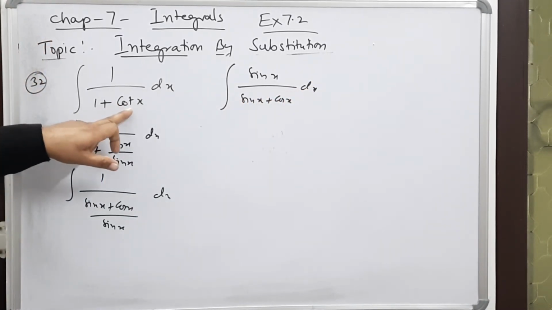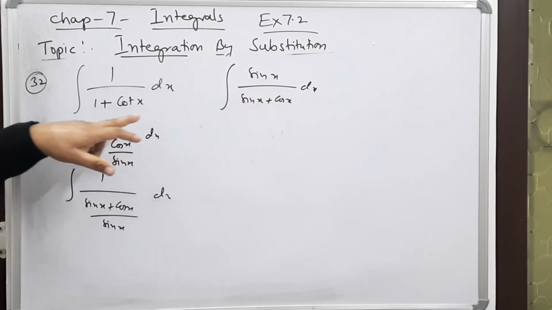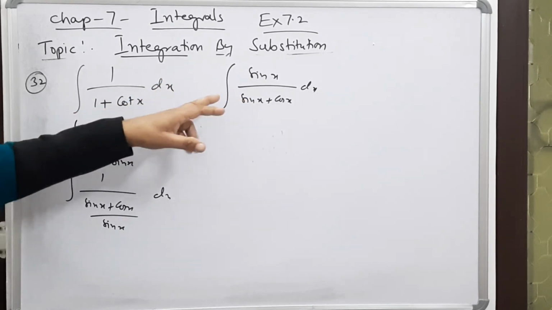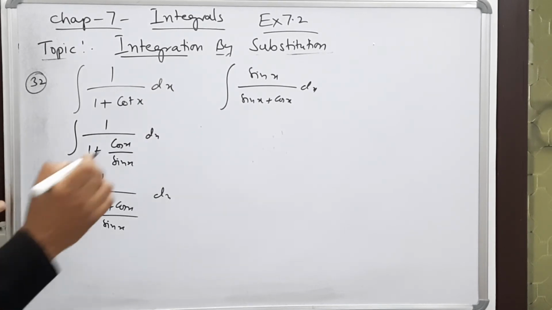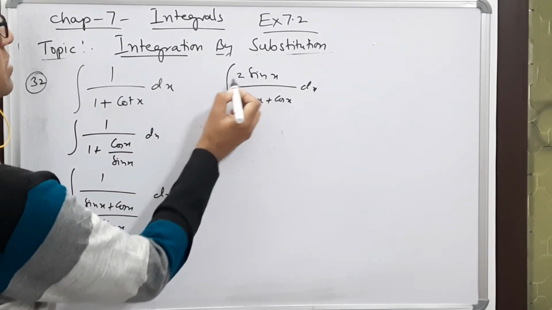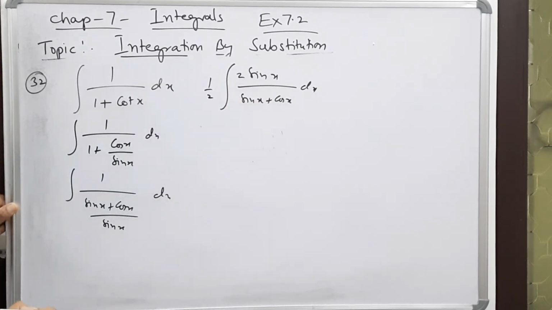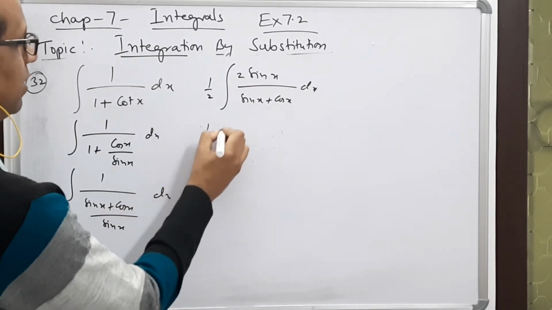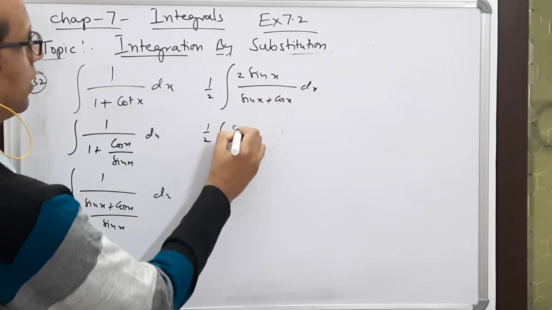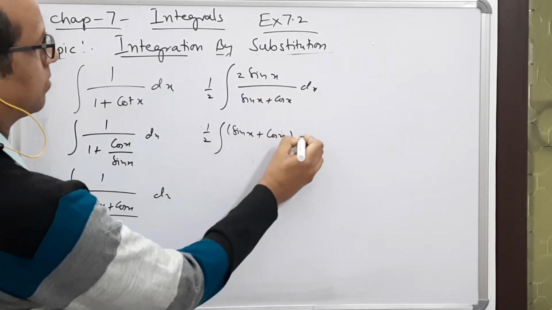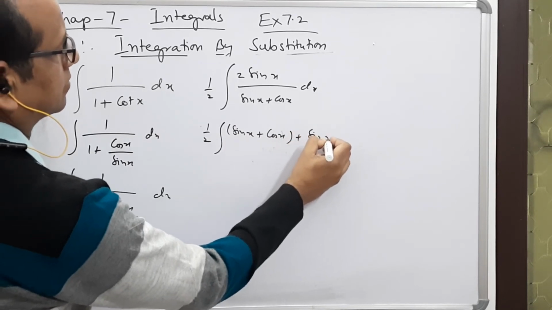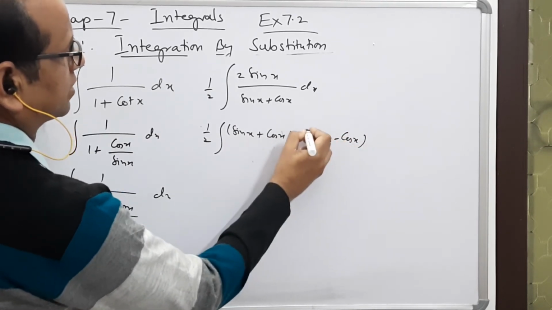And if it is tan here, there will be a little change in this. If it is minus tan here, there will be a little change in the sign. Or minus cot, there will be a little change in the sign. Now, the typical method is to divide and multiply by 2. So this can be broken in 2 parts as sin x plus cos x plus sin x minus cos x.